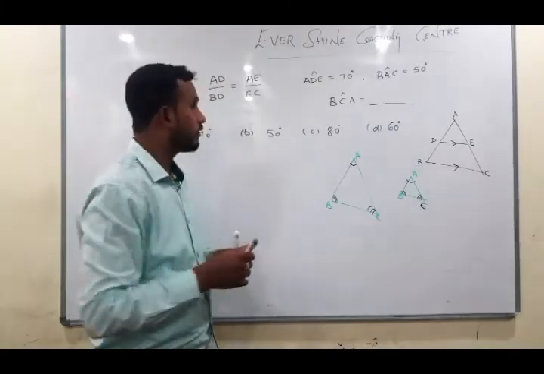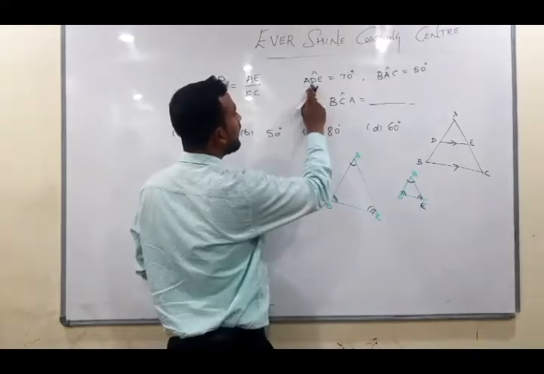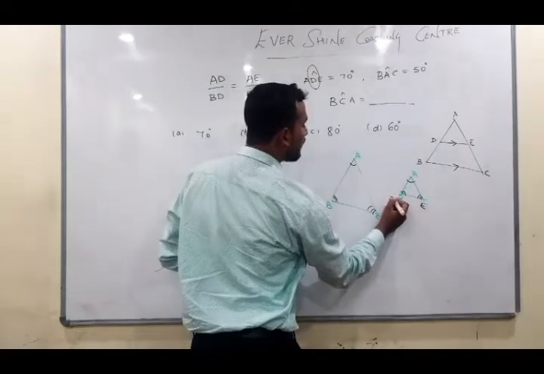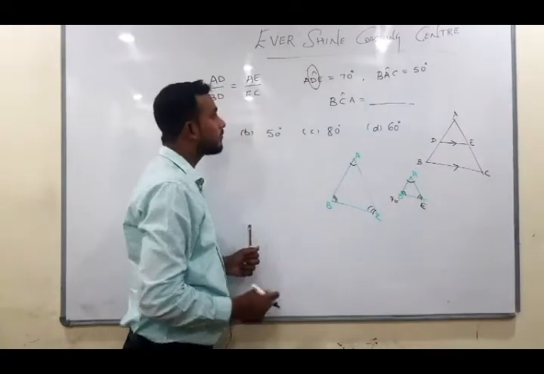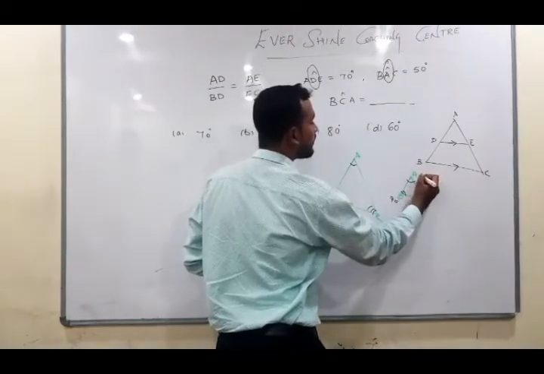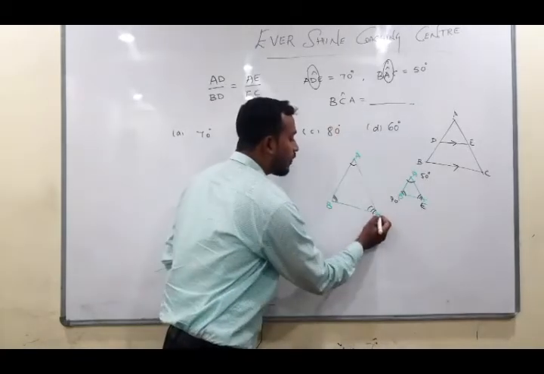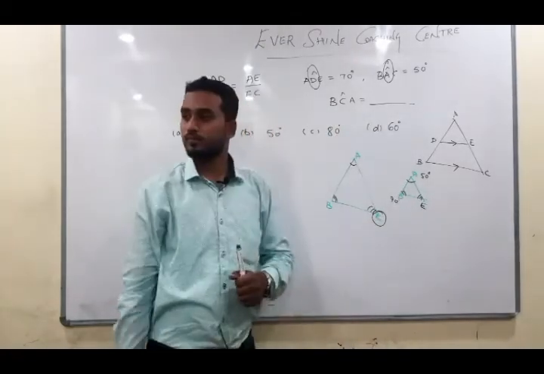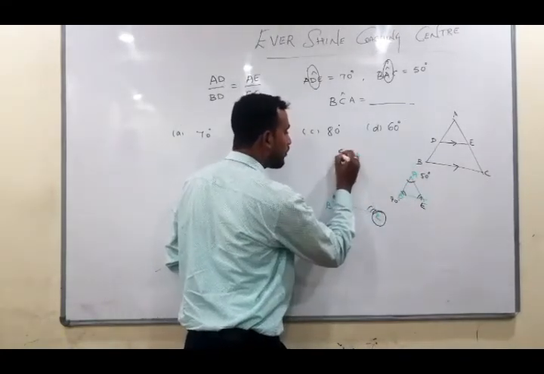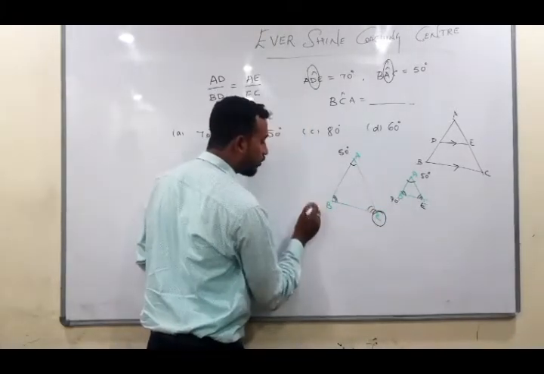Good. Now see here. Angle ADE is 70 degrees. ADE, which is the center one, D. It means angle D is 70 degrees. This is 70. Angle BAC, which is the center one, this. How much is it? 50 degrees. Angle BCA, it means he is asking what? This angle to find. If this is 50, then of course this is also 50. If this is 70, of course this also will be 70.